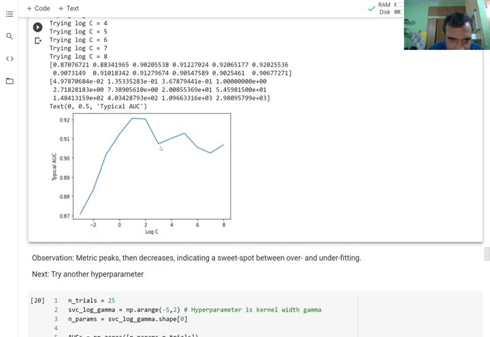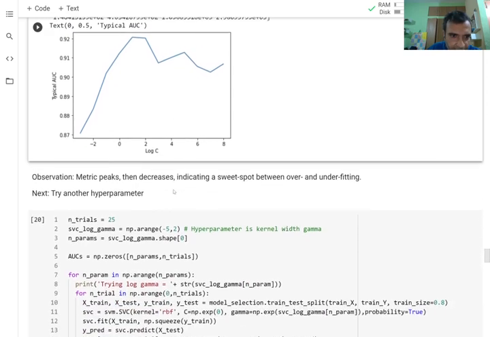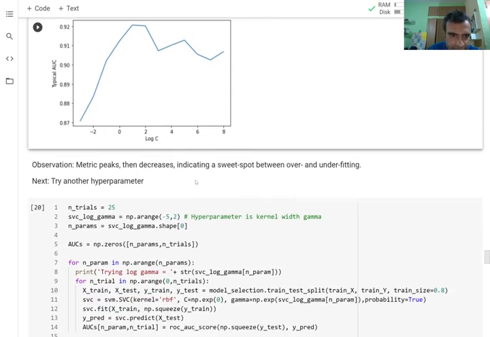But you can see that this is not very smooth, and that is the reality. The reality is that you will not get a very smooth curve. You can see this jaggedness here. So if you had just tried a narrow range, you wouldn't know whether this is the optimal or this is the optimal. So you have to try a wide range. That's just the nature of practical ML. So we have a sweet spot.